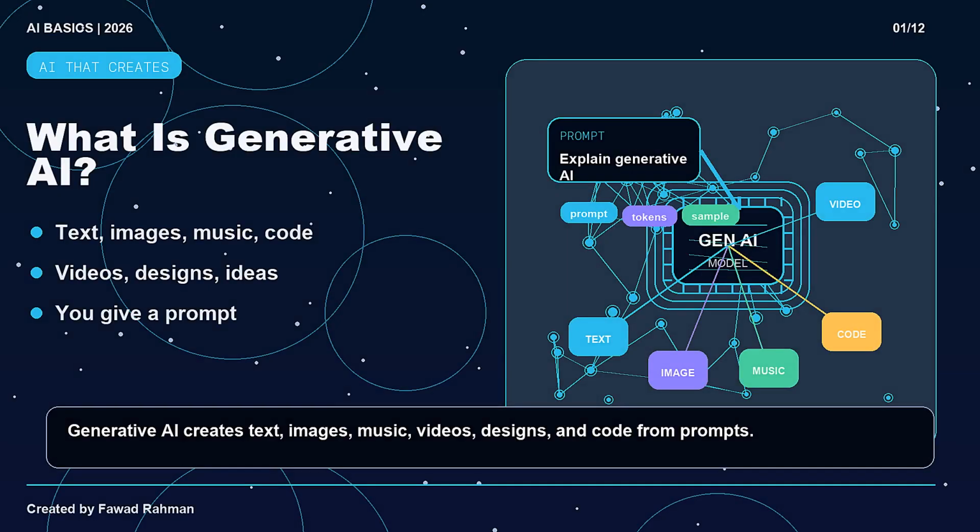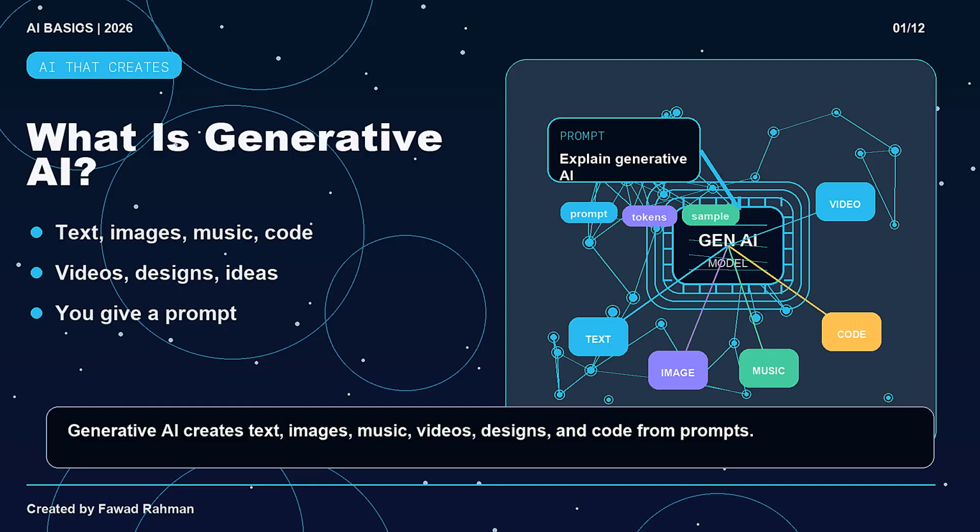Have you ever asked ChatGPT to write something for you? Or seen an AI tool create an image from just a few words? Maybe you have heard AI-generated songs, watched AI-generated videos, or seen logos, designs, and code made with AI. All of these are examples of something called generative AI. In this lesson, we will explain what generative AI is, what it can create, and why it feels so different